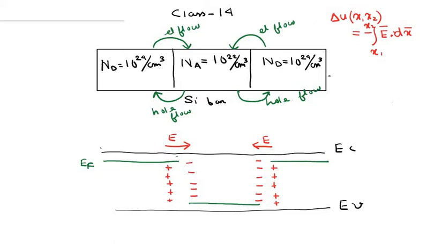So if we want to calculate the change in potential energy between x1 and x2, then we have to multiply the change in potential by the charge, and electrons have a negative charge. Let me repeat the statement again. The potential increases opposite to the direction of the electric field, and electrons have a negative charge, so electron potential energy is supposed to increase in the direction of the electric field. Okay, so now we know that the potential energy of the electrons would increase in the direction of the